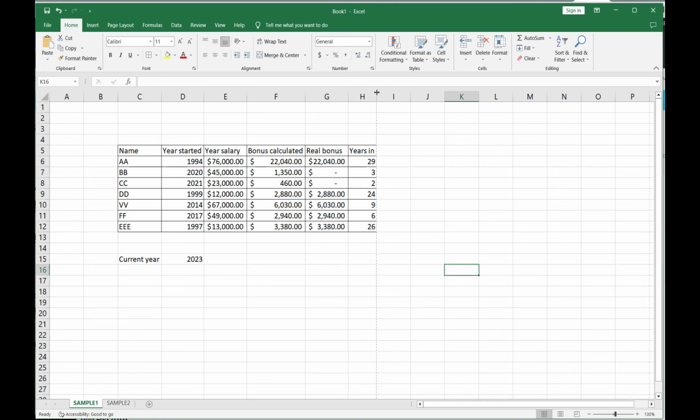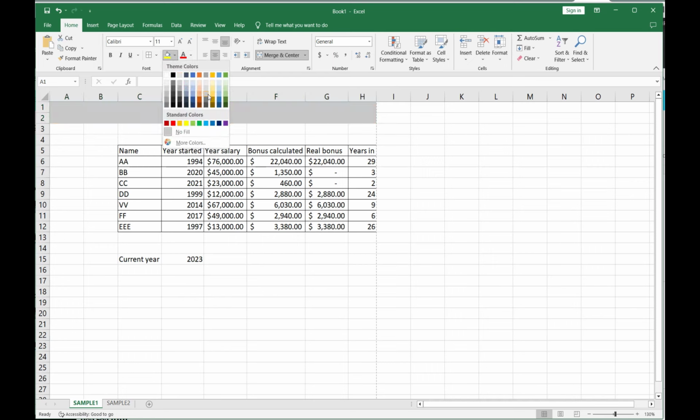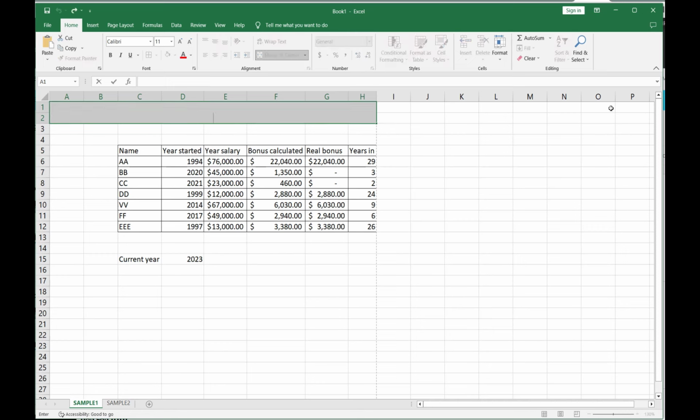It's right here between H and I. So I can make title for the project, which I would like to make with cells which will be merged, and I will make it with a different color. Let me make it gray, and here I'll make like